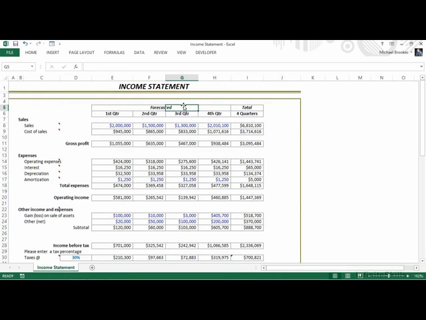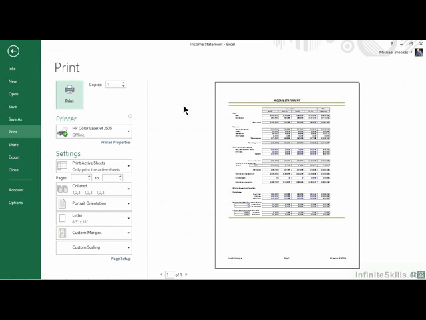I'm going to do that the easy way using the keyboard shortcut, Control-P, but you can also go to the File tab and choose Print. This is the second place we want to ensure that our settings are correct. Choosing the printer is one of them. We can also see if it should be portrait or landscape, letter, some of the things that we already saw